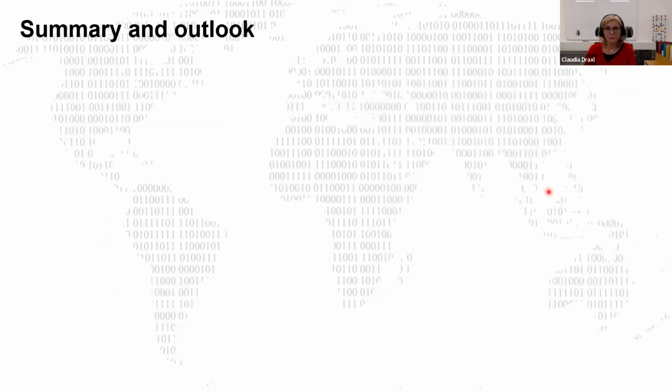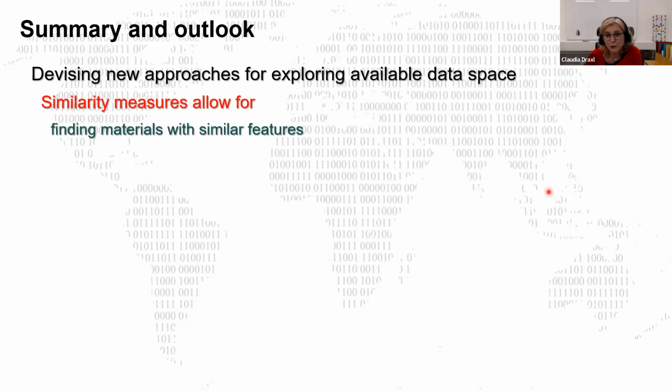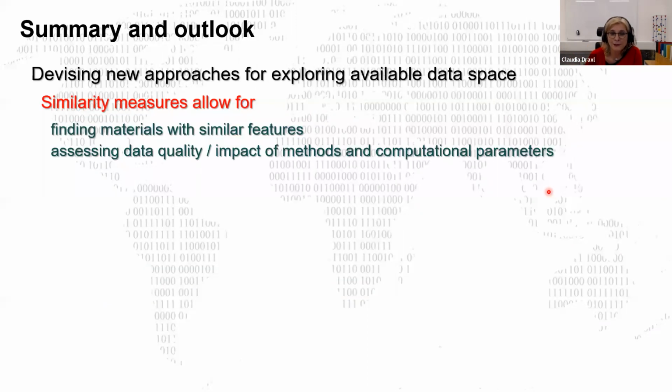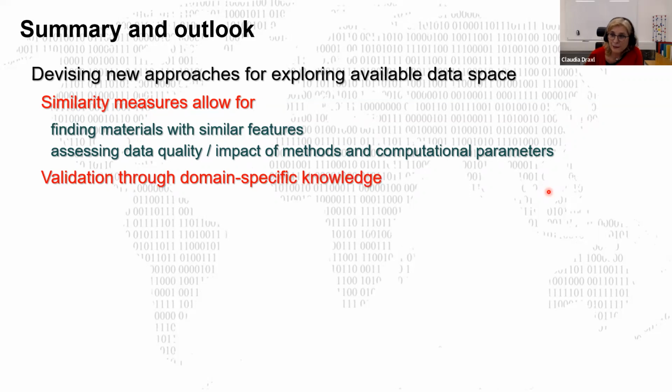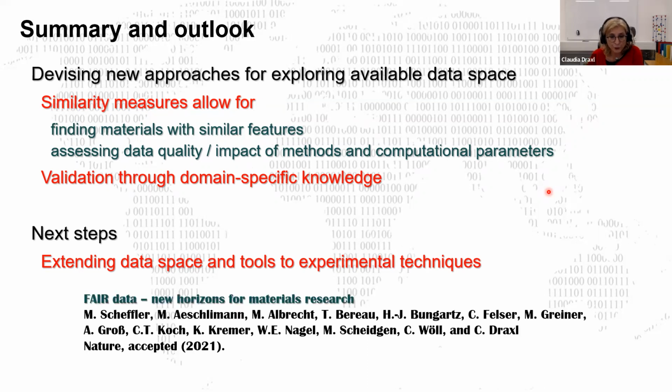Yeah, this brings me to the summary and an outlook. So what I wanted to show you is that we've designed new approaches to explore available data spaces, to measure similarity that could be used either for finding materials that are similar to others, or for assessing data quality or the impact of methods, computational parameters, and the like. We have validated this approach with our domain-specific knowledge. And the next steps, as I mentioned before, are extending all this data space, and also the tools, to experimental techniques. The way we're going to do this is